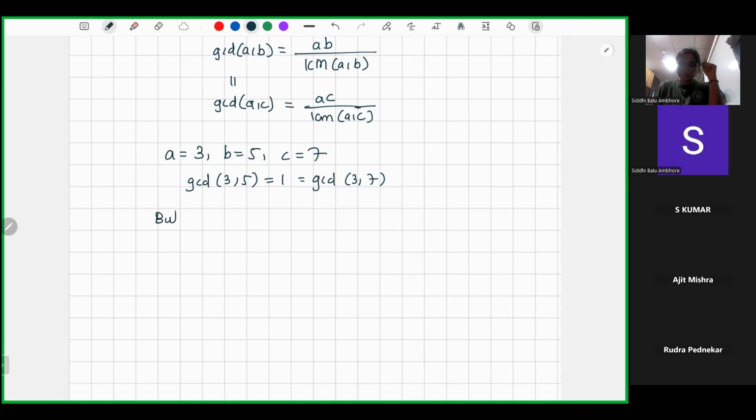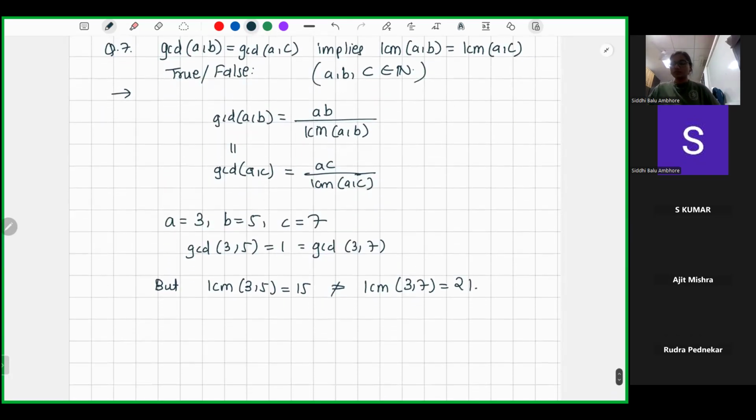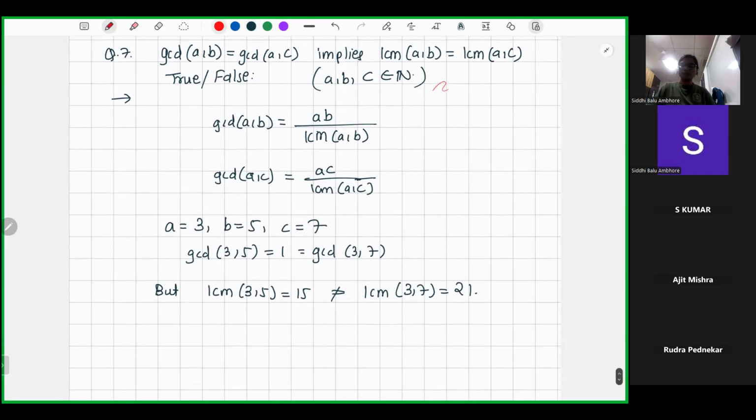Okay, but LCM of 3, 5 is 15 and LCM of 3, 7 is 21. Okay, so this is not true. Yes, exactly, 3, 5, 7 as suggested. So this is not true, okay? I mean, this statement is false. And you can try this,